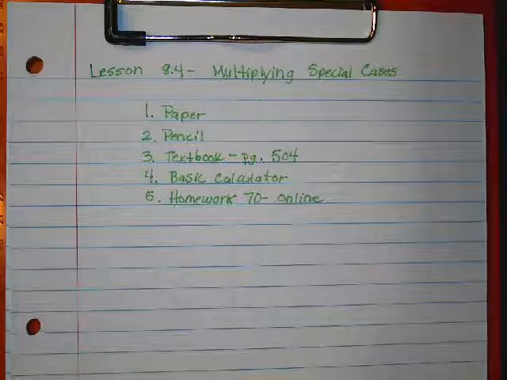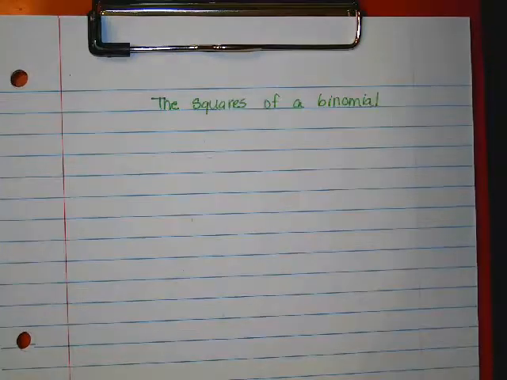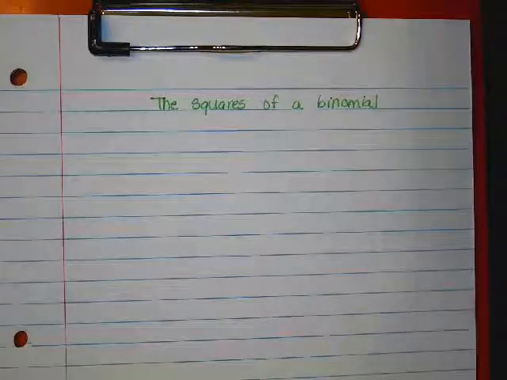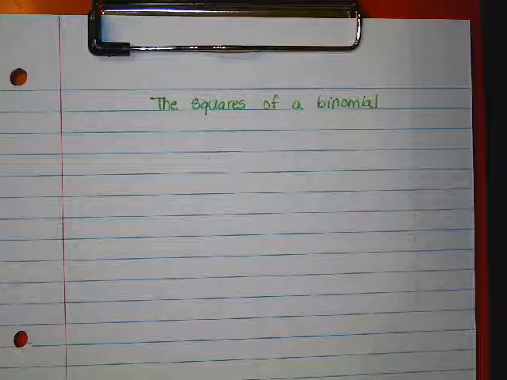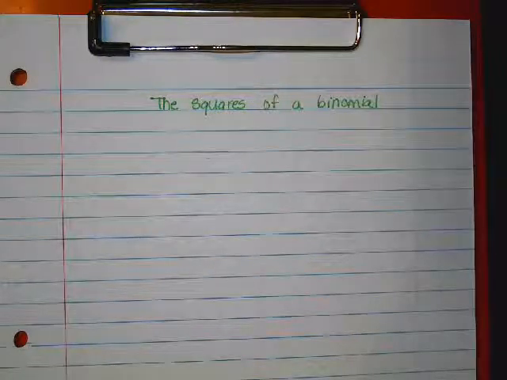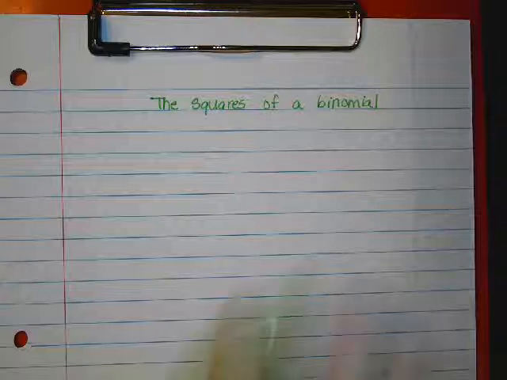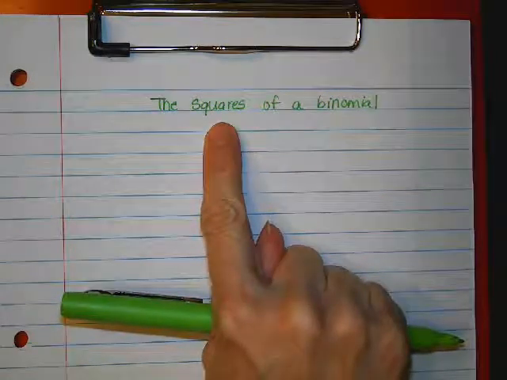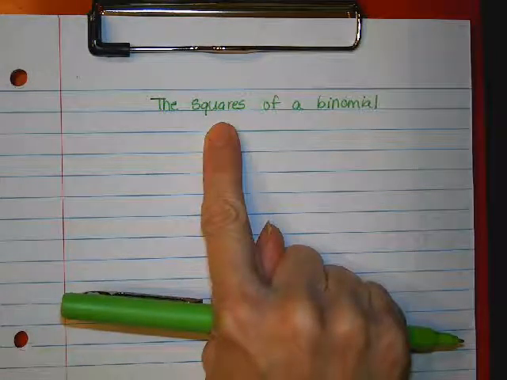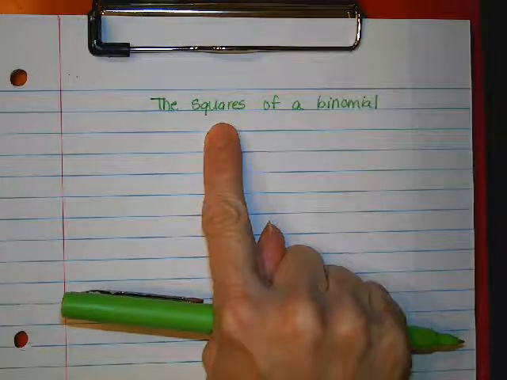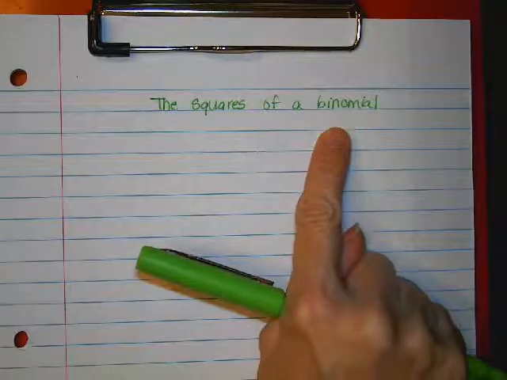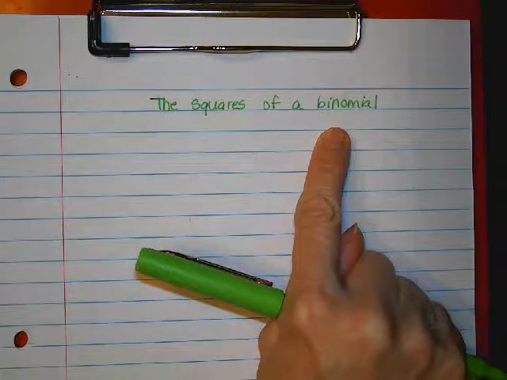All right, so here we go. The first thing we're going to talk about is the squares of a binomial. So we're going to first understand what it means to square something. When we square something, remember we raise it to the second power. So this means I'm going to take something and make it to the second power, like 5 squared, which means 5 times 5. A binomial means I'm going to take a 2-term